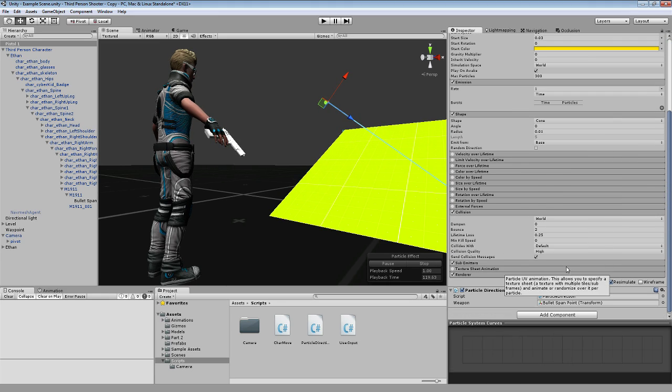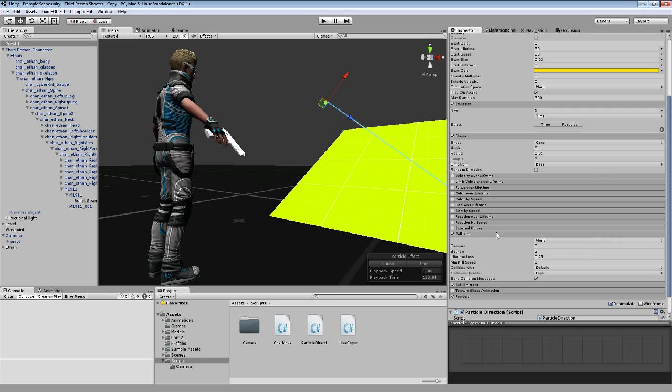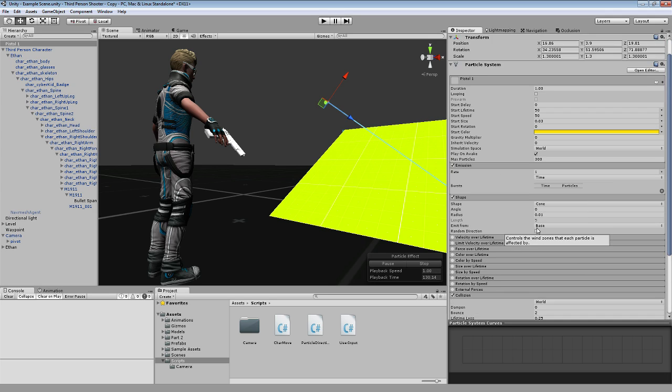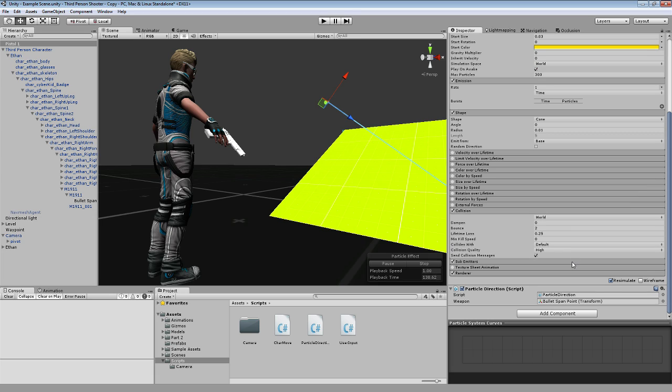Particles also have collision awareness. So if you enable collisions and send collision messages, then you can go to